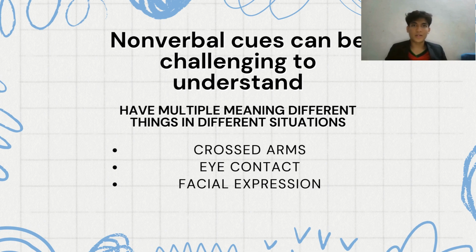Basically, facial expressions. Some people might think that when you smile, sometimes it can be sarcastic, but sometimes you are smiling because someone is doing a good deed. So that's an easy example. As for eye contact, it's very easy. Sometimes you might be giving someone eye contact because you are staring at them because you are mad at them, but sometimes you might be admiring him or her. It depends on the situation.